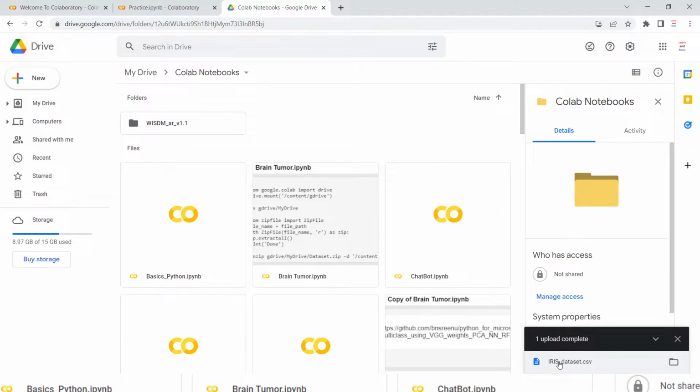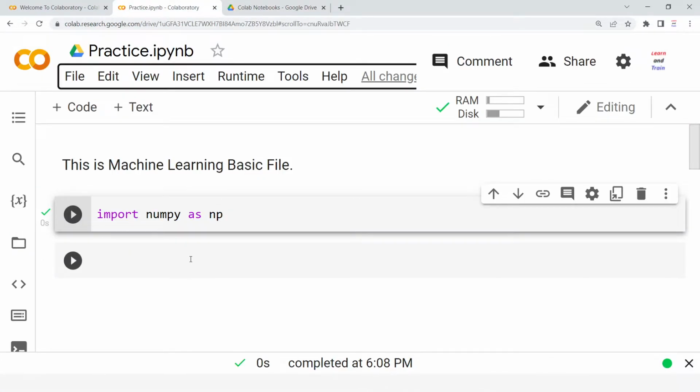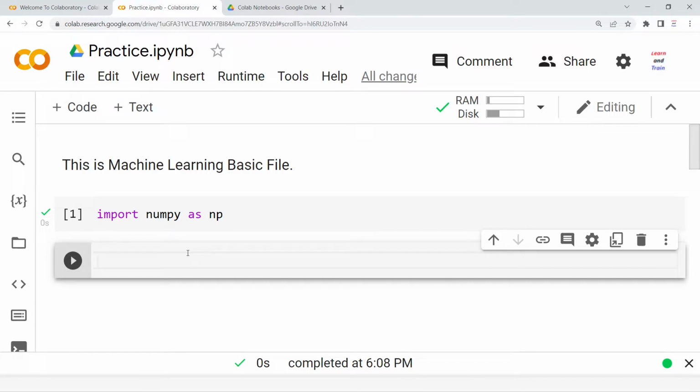Now this file is available in the Google Drive, inside the My Drive folder, inside the Colab Notebooks folder. Here I want to apply a classification ML algorithm. So now I want to connect the Google Drive with my notebook. My data set is available inside the Google Drive, so that Google Drive has to be connected to our notebook